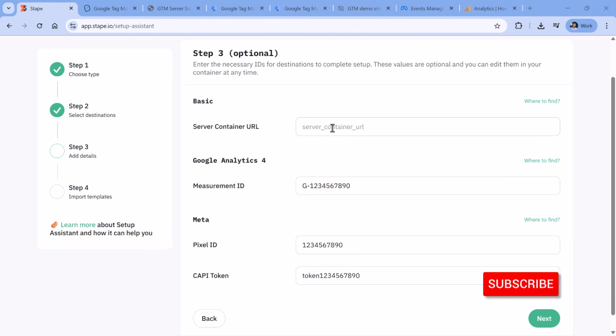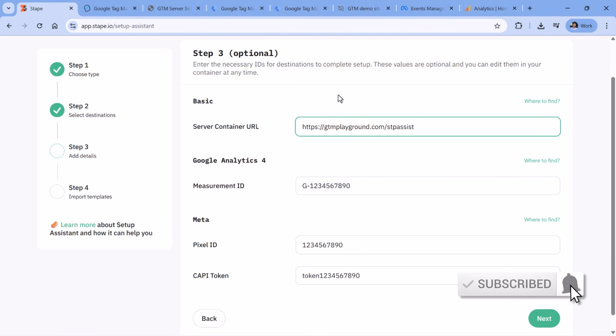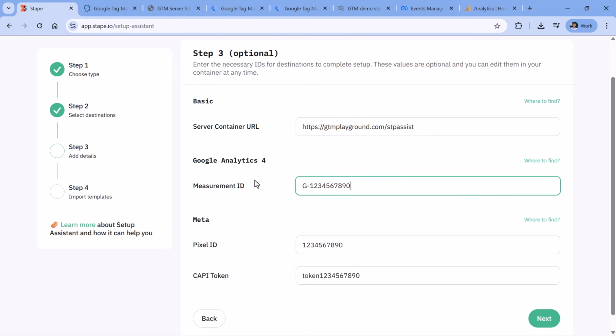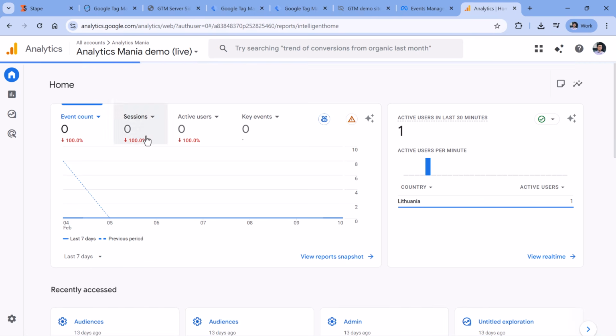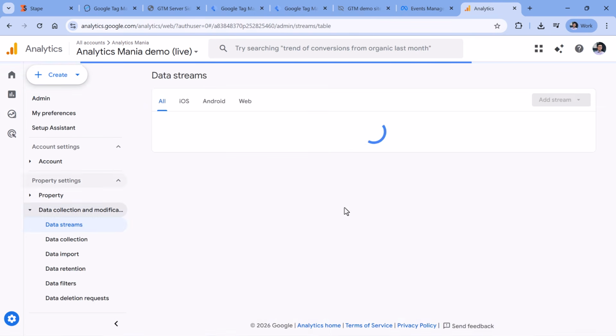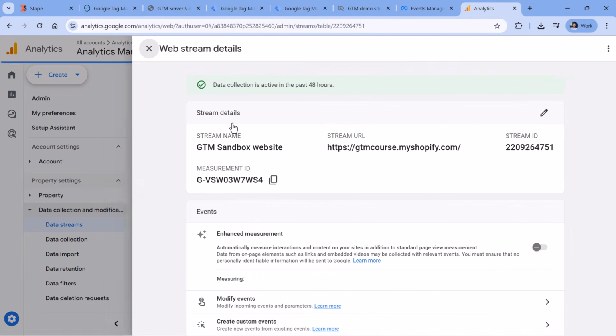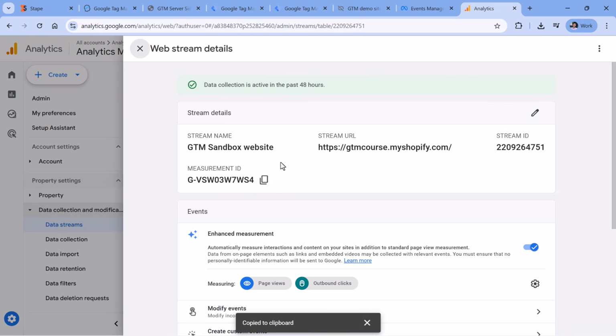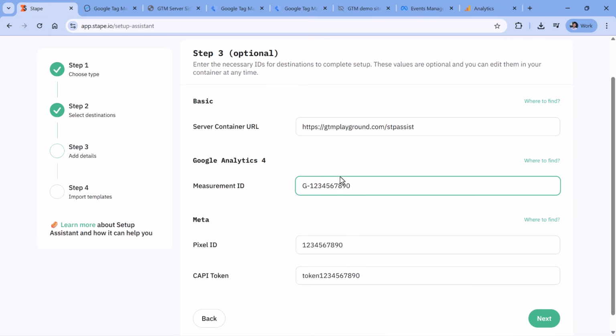So let's enter the server container URL. In my case, it looks like this. In your case, it might be different. For example, if you're working with Shopify, then this kind of path in the server container URL will not be supported. So you probably will have something like subdomain.yourdomain.com. Then I have the measurement ID. I can find that in Google Analytics. Let's go to Admin, then Data Streams, select the website data stream, copy the measurement ID,